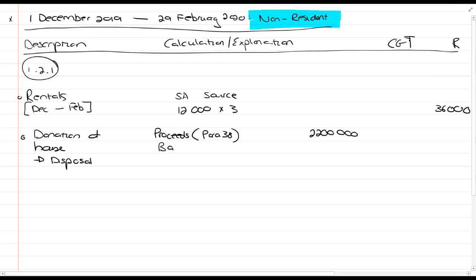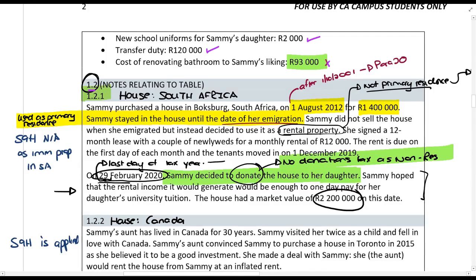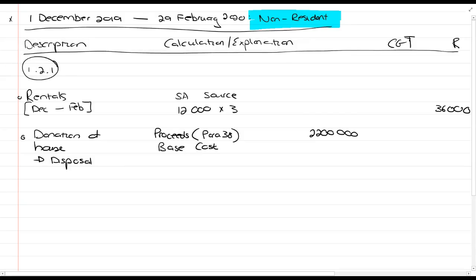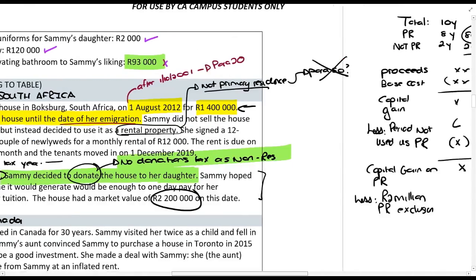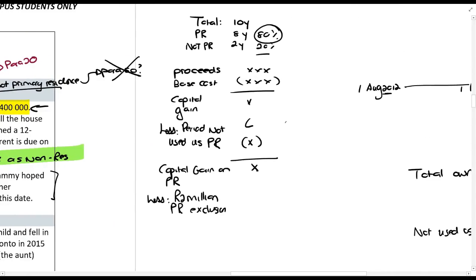The base cost, in this case, is very simple. It's just the 1.4 million rands. Nothing else throws it out. Nothing else is given there. So this gives us a capital gain of 800,000. Now I'm going to remind you, that 800,000 rands capital gain